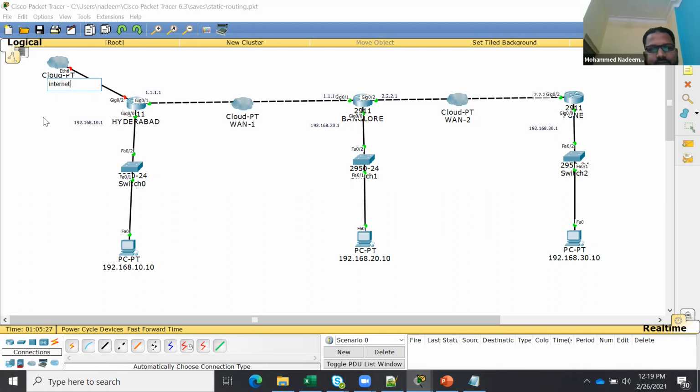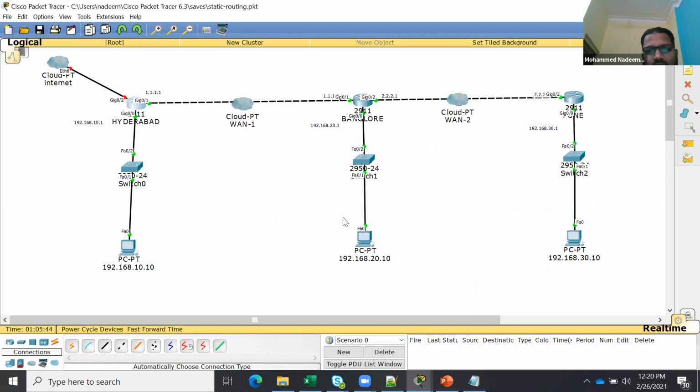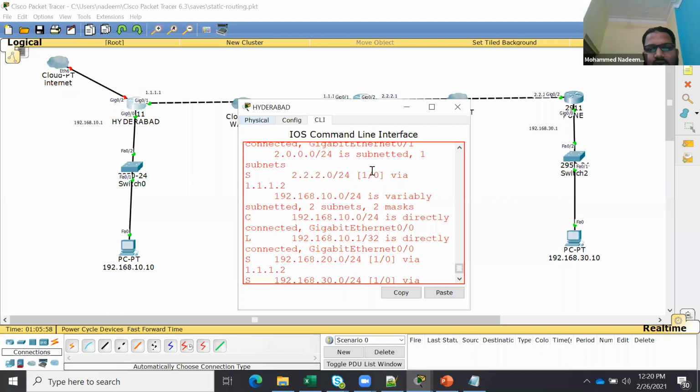Internet. Okay. So here, suppose this guy wants to access Gmail, Google, or Facebook, he wants to go from here. If they want to go to their local LAN, they will go in this direction. This is the WAN connectivity, but this is the internet connectivity. So do I need to define the Gmail address and Facebook address in this router for the routing? That's not possible. That's why we use a default route.